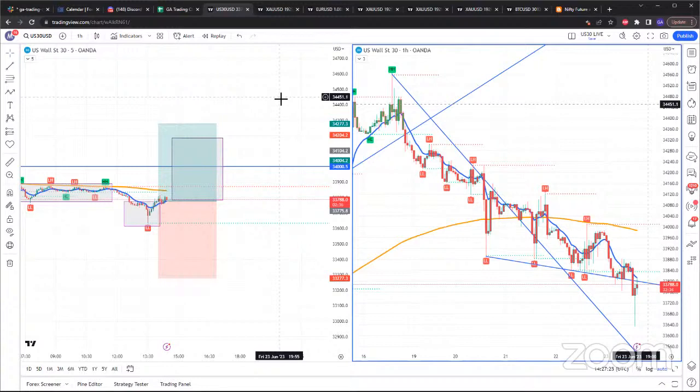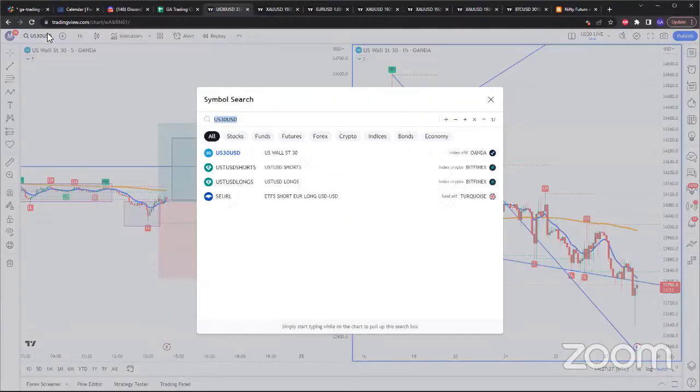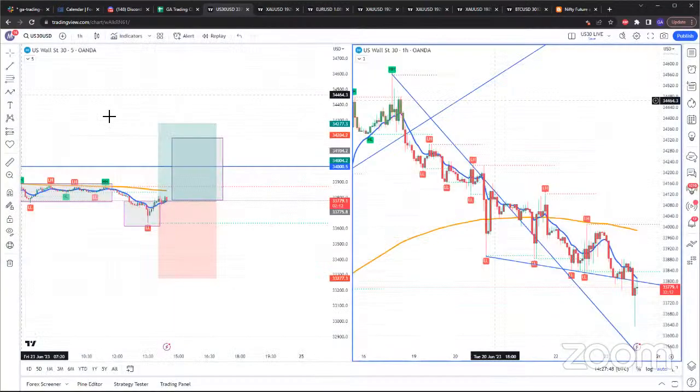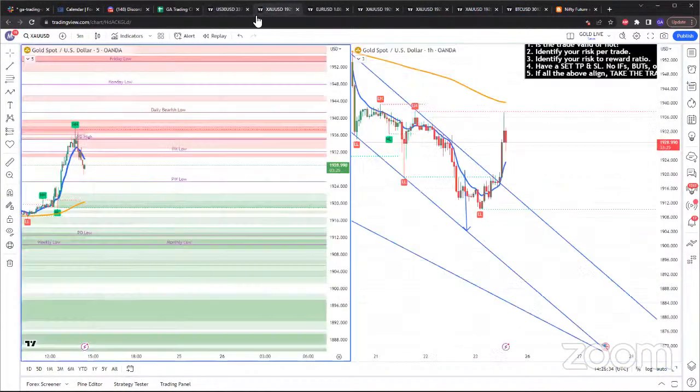And for me, I'm lazy. Normally, I just used to use the first one that showed up. Like, I would type in US 30 and currency.com used to be the first one. So technically, I should be using Black Bull, since that's the first one, so I just type it in and hit enter. I'm only using Oanda because I've heard about Oanda a lot, and capital.com a lot. So it's mostly just preference.